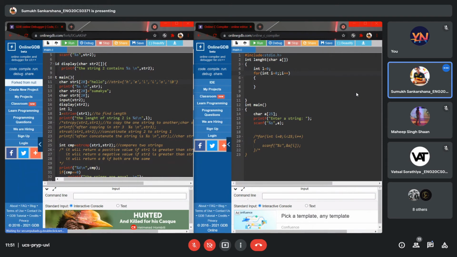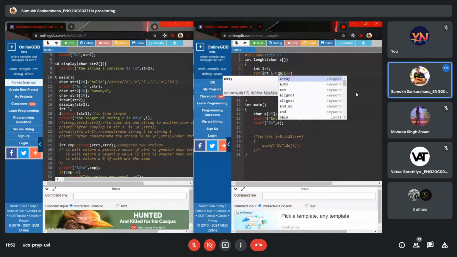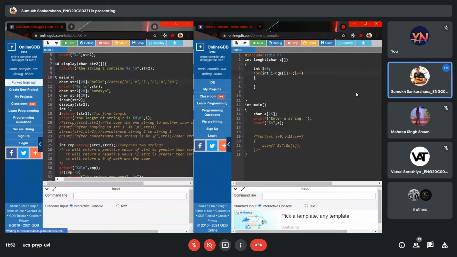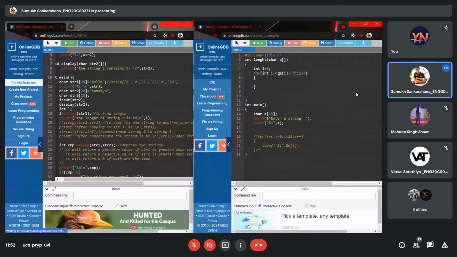Okay, I'll type the condition. Tell me if you guys understand it or not. I will explain it depending on whether you understood it. Let's see. How many of you think this condition is right, and how many think it is wrong?